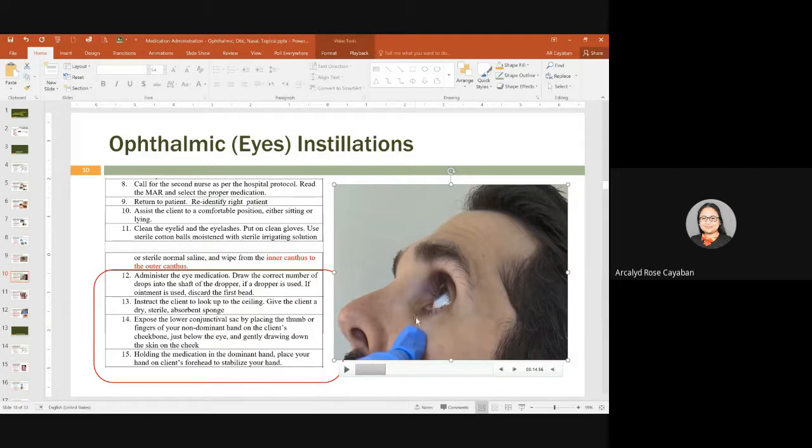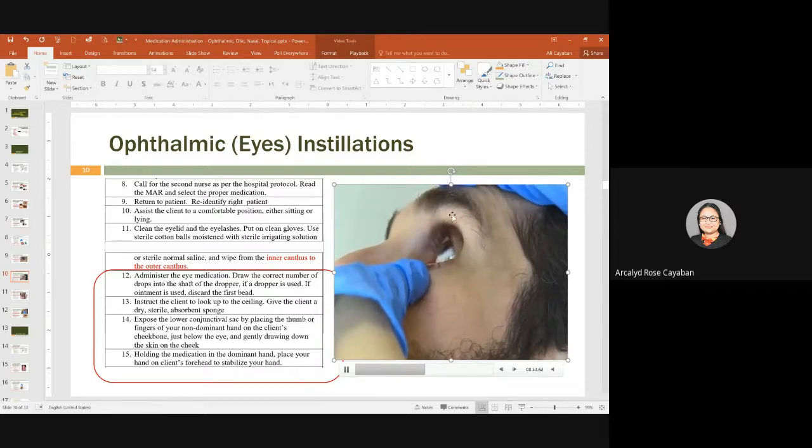Okay? So the thumb of this nurse, she is pulling the lower conjunctiva using the left thumb. Okay? Her left thumb, the non-dominant hand. Okay, now gently drawing down the skin on the cheek. Gently. Do not pull it too hard. Okay? Now, your dominant hand, you have to put it on the forehead of the client while you are holding the